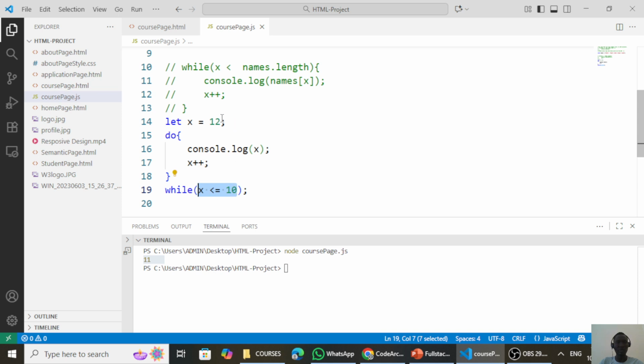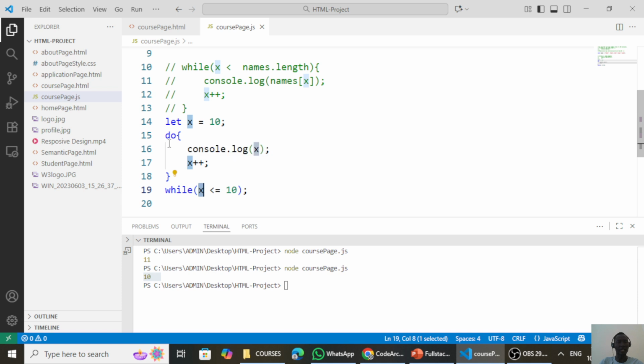So even if we put the value 10 here and run the program again, it will only log 10 once, and then after printing the value 10, it increases the value of x by 1. Now the value of x becomes 11, and then after that it checks the condition. So the condition is false because 11 is not less than 10. So since the condition is false, the loop will stop executing and it will not even go back to do